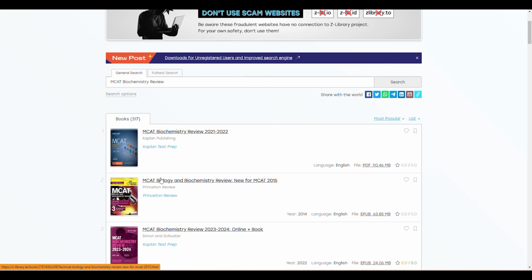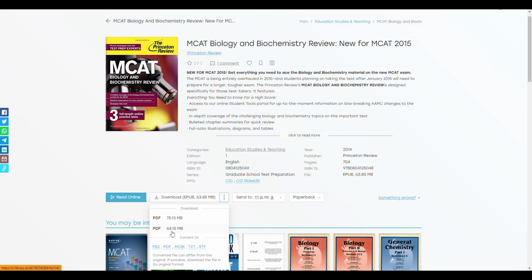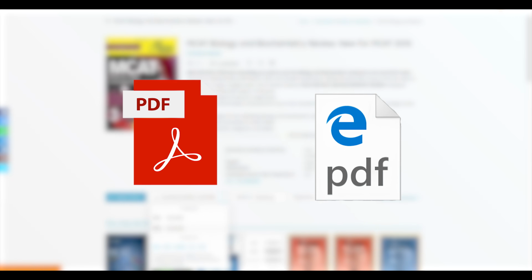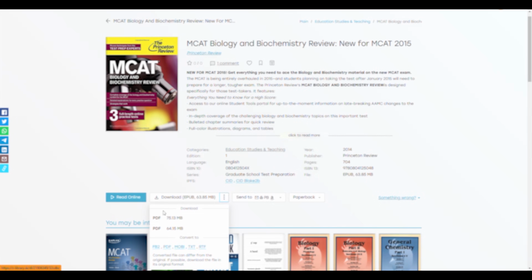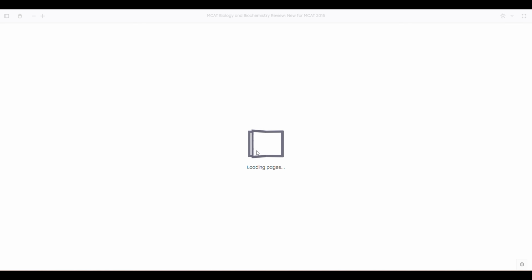first one. When I come to the next page, depending on your reading style, you have an option to either read online or download as a PDF. For the small group out there that use a PDF software for reading like Adobe Acrobat, Microsoft Edge, and so on, these PDF files are compatible, but I highly suggest just going straight to read online like the majority of the people viewing this video, because once it loads up, you have a reasonable amount of diversity and tools that